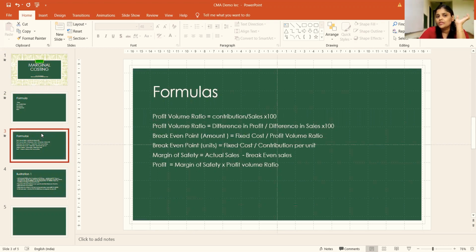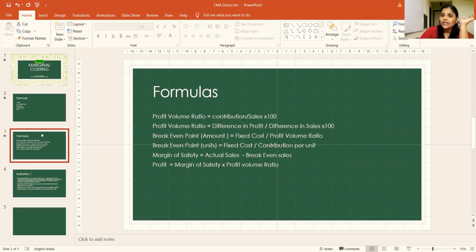That's break-even point. So break-even point can be expressed in terms of rupees also. It can be expressed in terms of units also. Then rather than considering the profit ratio, here they consider profit as a ratio of contribution to sales. So here we call it profit volume ratio, popularly called PV ratio. So PV ratio is contribution upon sales into 100.